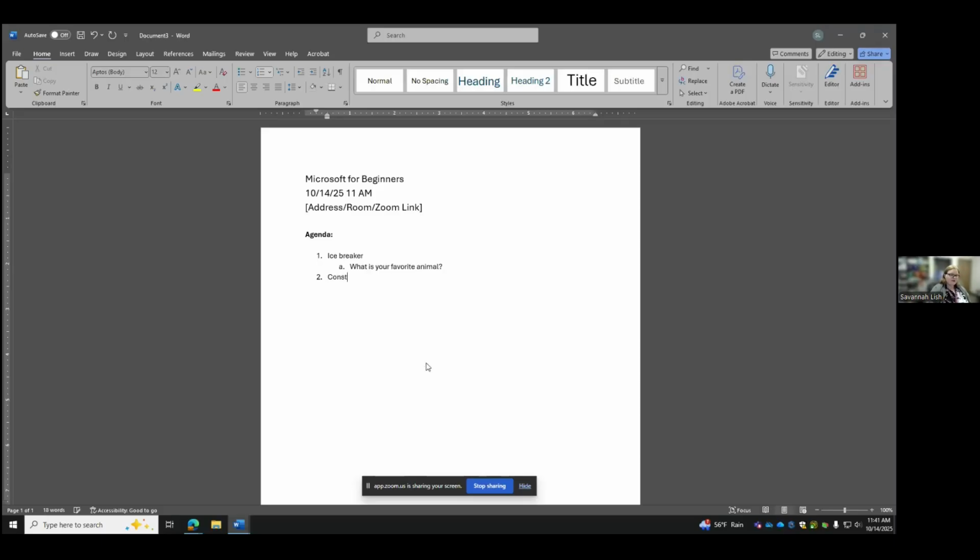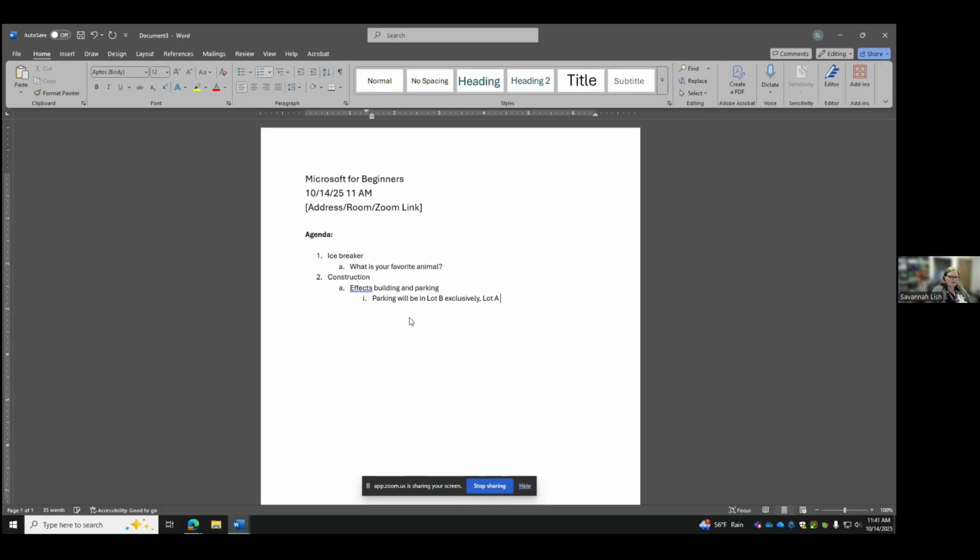So let's say there's construction. You're going to let people know that you have construction. We're going to hit enter, tab, and then it's going to affect building and parking. So now we're going to hit enter, tab again. Enter tab again, and then we'll say, let's say parking will be in lot B exclusively,